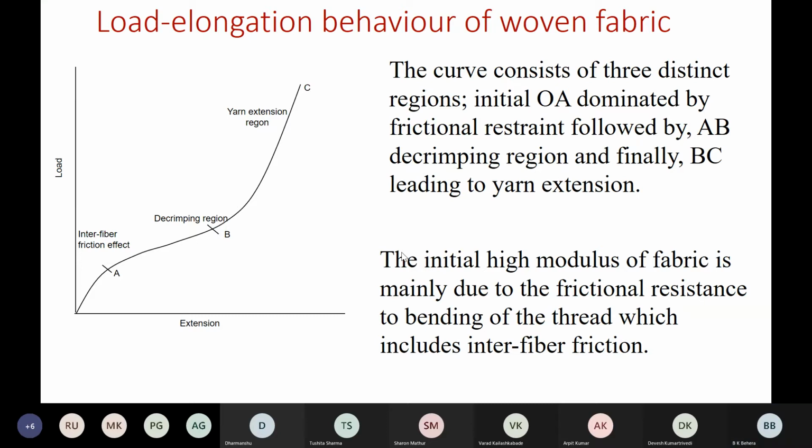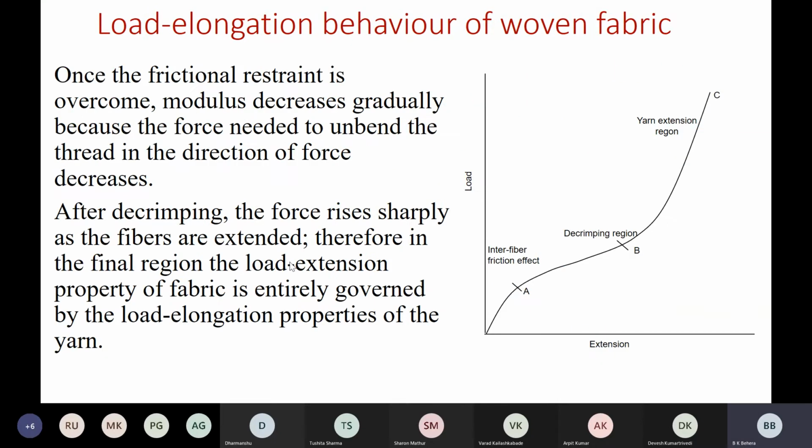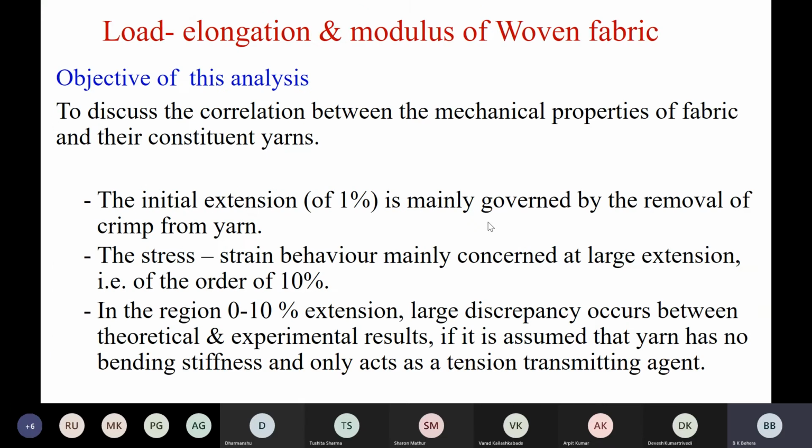I hope you understand this, and this is very important. Many times in future we will refer to this diagram. Try to remember, and it is very useful to characterize any woven fabric tensile deformation, how it creates three different distinct zones in load extension characteristics curve. That is what I explained, is written here.